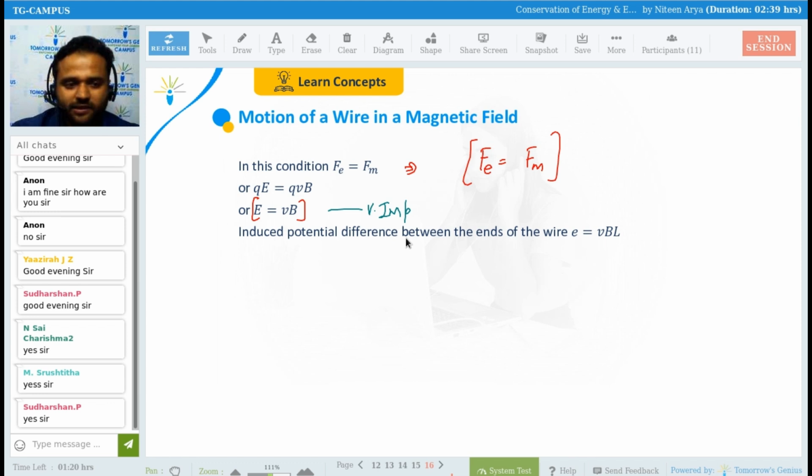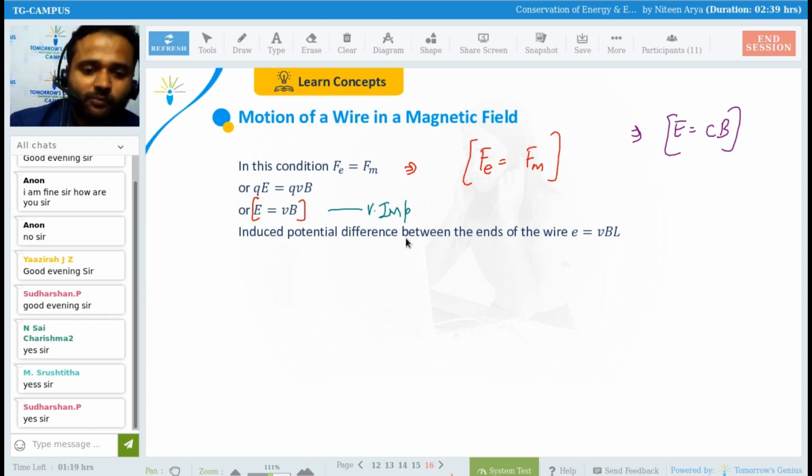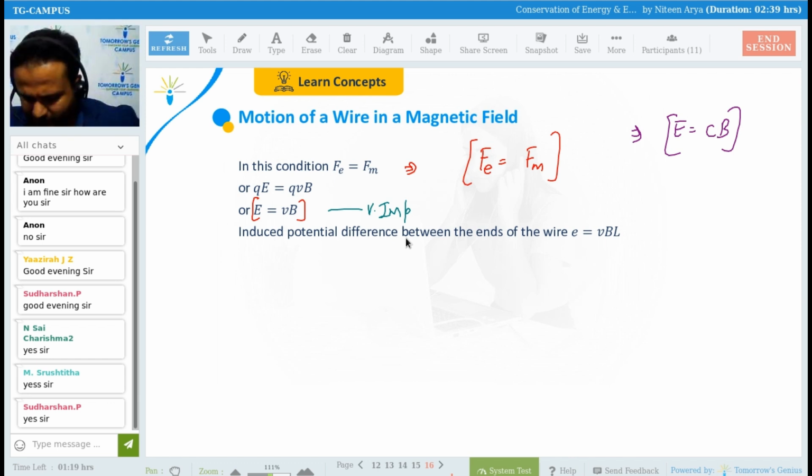radiation. The simple thing in a light, how can we prove the light is made up of electric field and magnetic field? I can change this with C, simple, isn't it? My light is made up of this, E equals CB, where C is the speed of light. We're going to prove that, don't worry. I'm not writing just randomly. Till now you understood everything. E equals VB is an important relation, more important in the chapter electromagnetic induction, which we are doing basically.